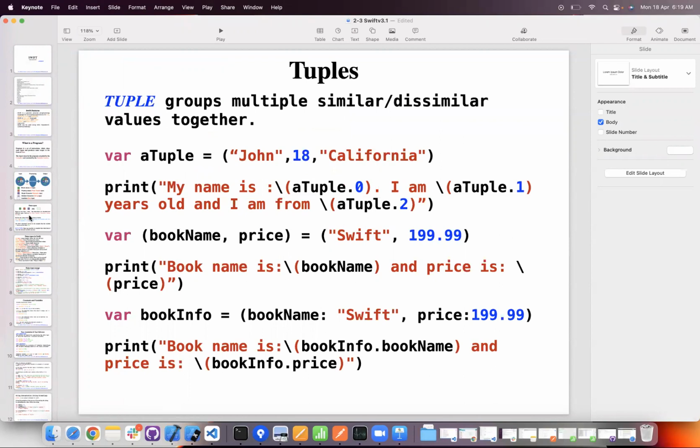Hello. Yeah, sir. Can we go to type inference and